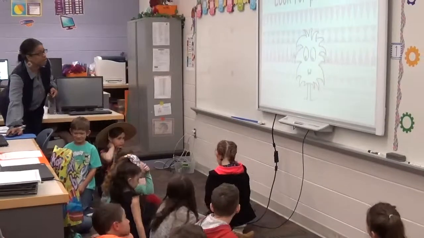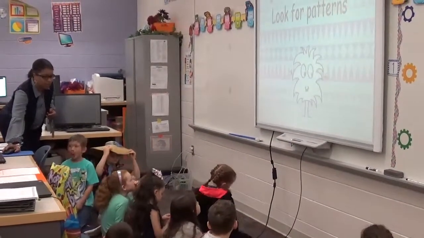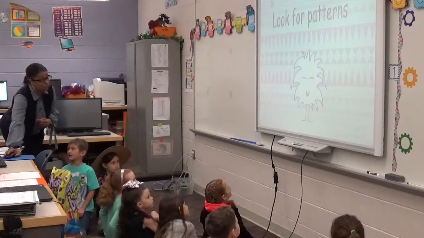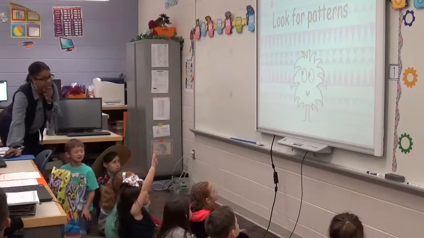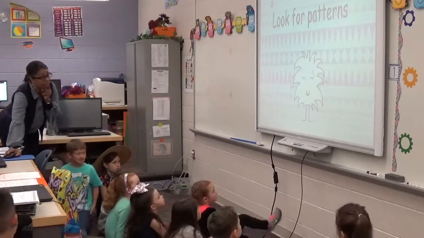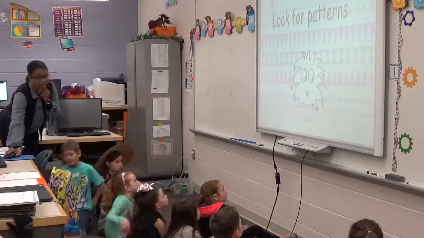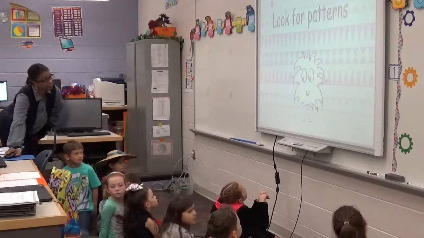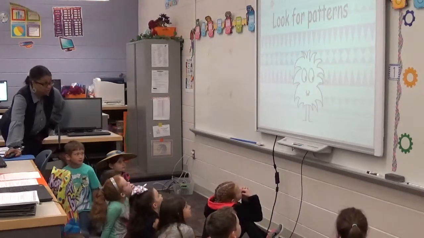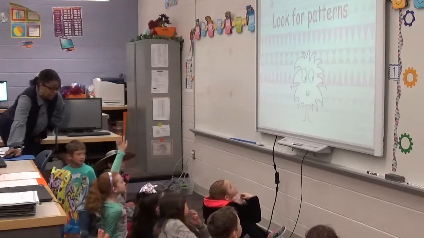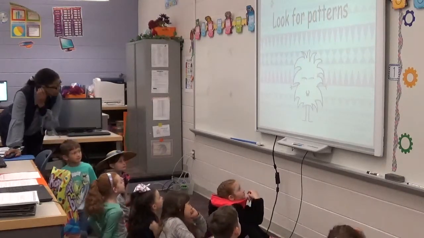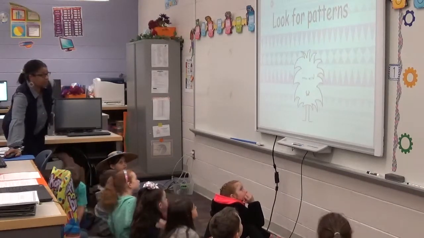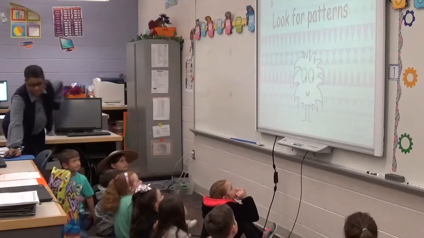Now let's take a look at the patterns on the board. On the board, types of patterns that we see repeated are what? Raise your hand. What do you see that repeats? Ooh. Yes. His eyeballs. His eyeballs are repeating. What else is repeating? Yes, ma'am? His arms. His arms are going up, down, up, down, up, down. What about in the background? What do you see? Yes. There's a pattern of triangles. And do we see another shape that we see? There's another pattern? Yes. The diamonds. The diamonds. Very good.